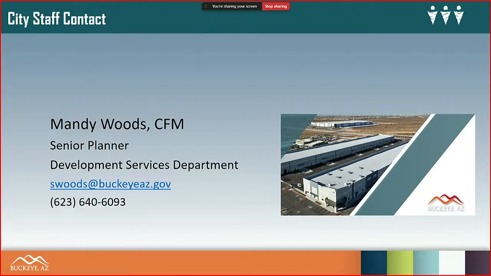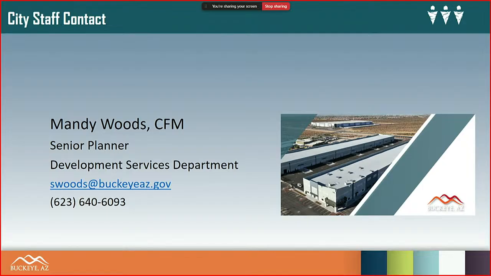I think it's important to talk about the why. Why are we considering reducing the threshold for administrative types of actions? Like everything we do, it's a matter of competing the best we can with adjacent neighbors for development. Some of those cities don't require those processes already, so they can advertise a faster process to somebody. We certainly want to take neighborhood feedback and public input into consideration. So it's a balance that we're trying to figure out, what is the proper amount, for preliminary plats, for instance.